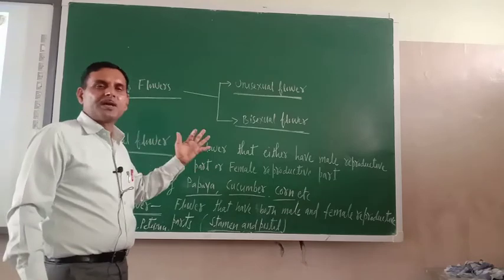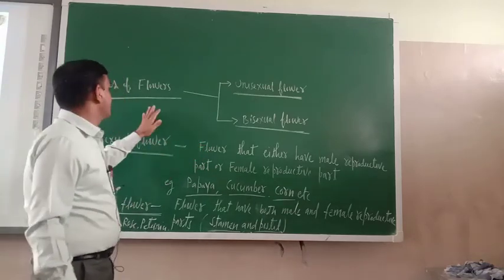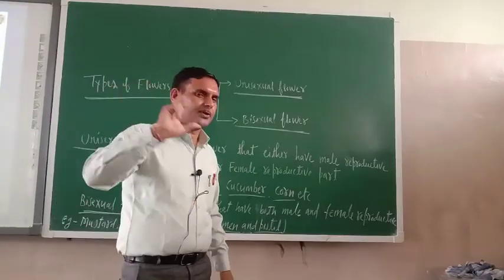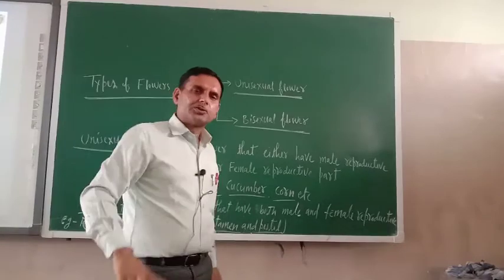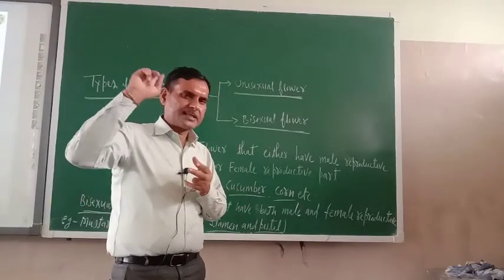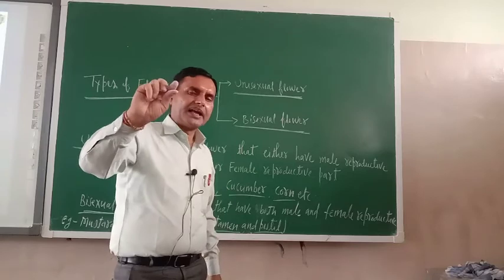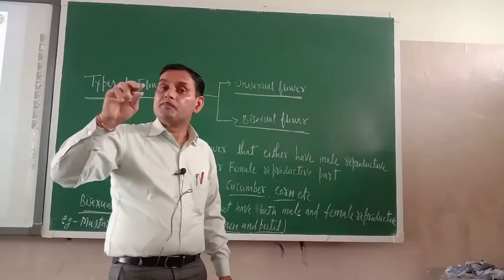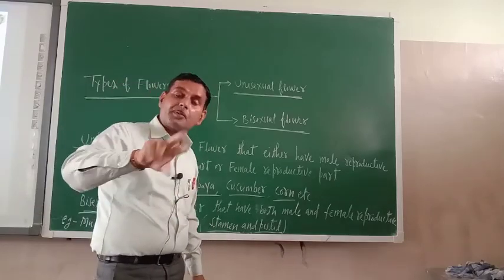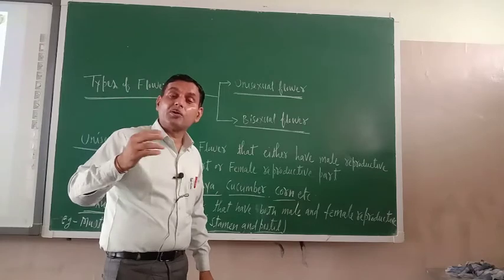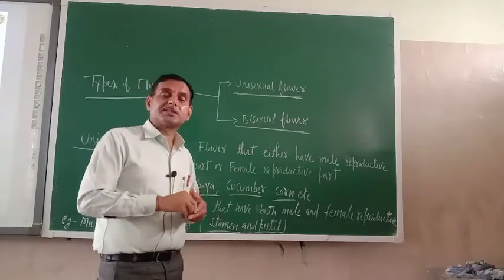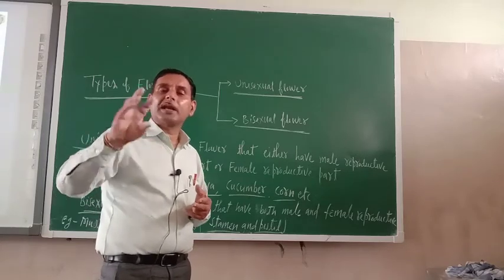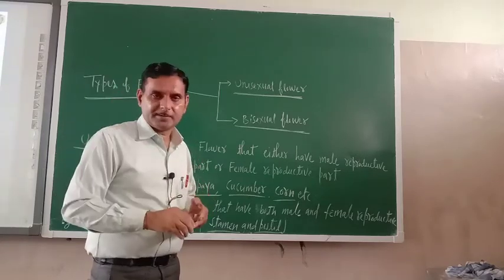So in this way we have got the idea of types of flowers. Now always remember cadets, just try to understand. Stamen has two parts. One is the anther, the other is the filament. In the anther, what is there? Inside the anther, there are so many male gametes. The anther produces the male gametes and they are known as pollen. So just try to understand, inside the anther there will be so many pollen and they will produce the male gamete.